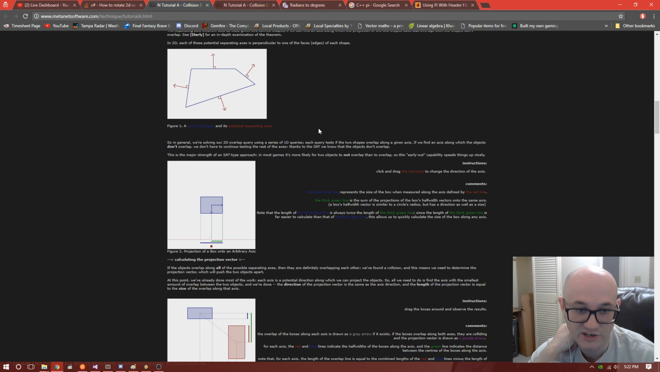This is the major strength of a SAT type approach. In most games, it's more likely for two objects to not overlap than to overlap. So this early out capability speeds things up nicely. And I agree. So basically,